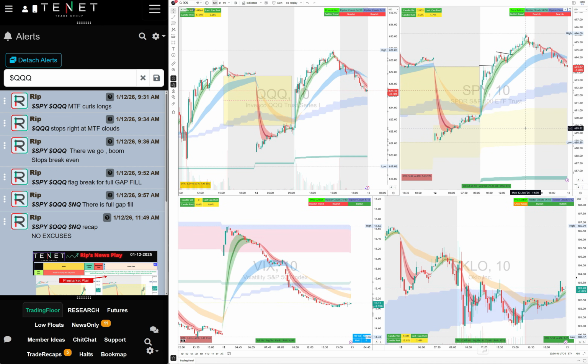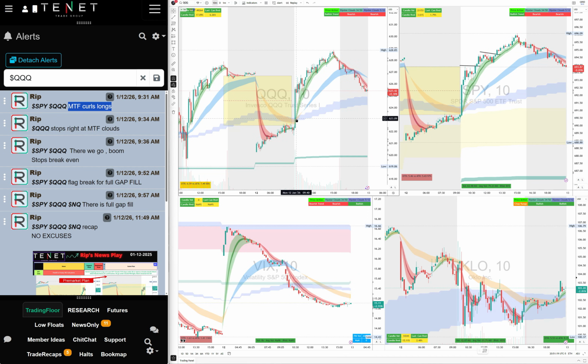Check. This is trading the opening move, so you have to be really fast, because the longer you wait, the bigger your risk from the clouds. Yes, if you bought here at the top, you risk $2 and made $3, I guess that's a good risk reward. But if you oversize, you're going to lose a lot of money. So right away when I see the strength here, I say MTF call longs, right? So I give the long on both SPY and QQQ.